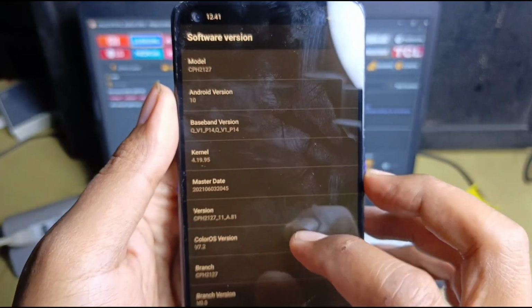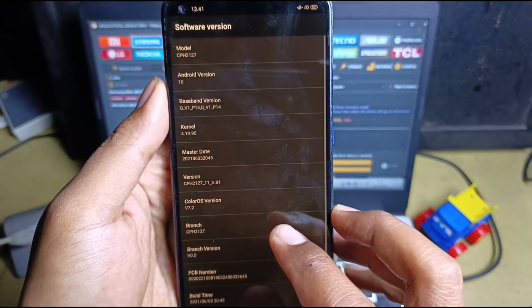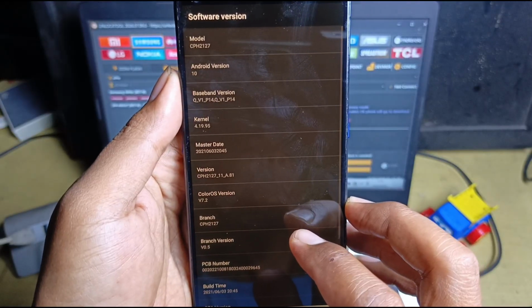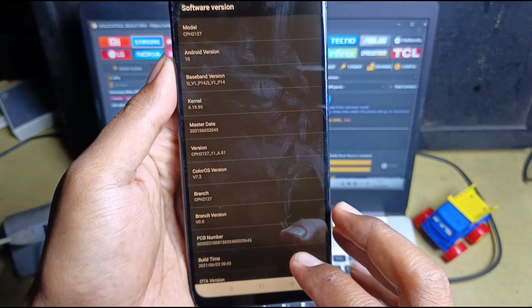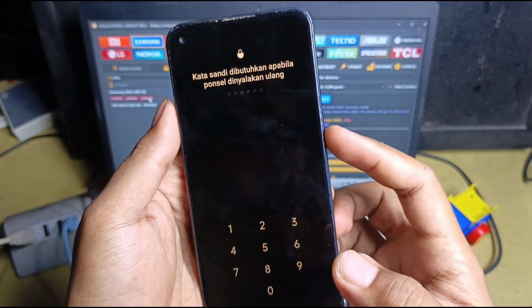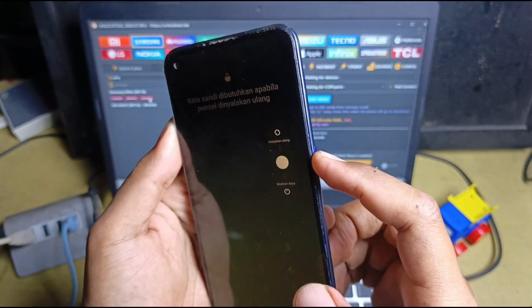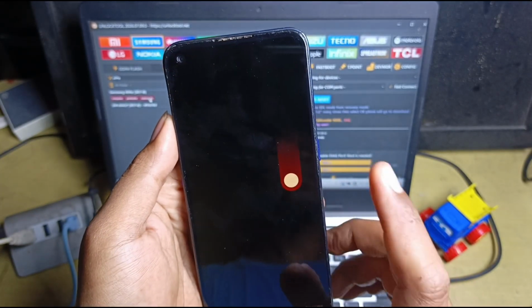During the setup process, Android may ask you to sign in with the Google account that was previously used on the device. This is a built-in security feature designed to protect your information if the phone is lost or stolen. This video focuses on the factory reset process only and is intended for devices that you own or are authorized